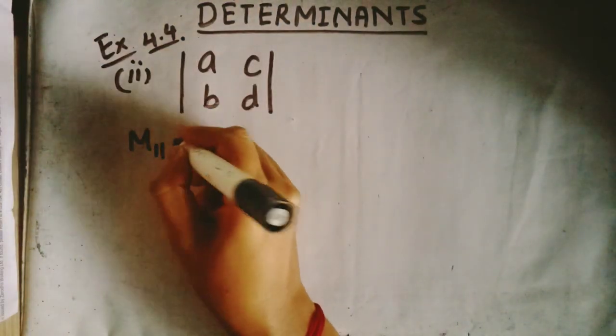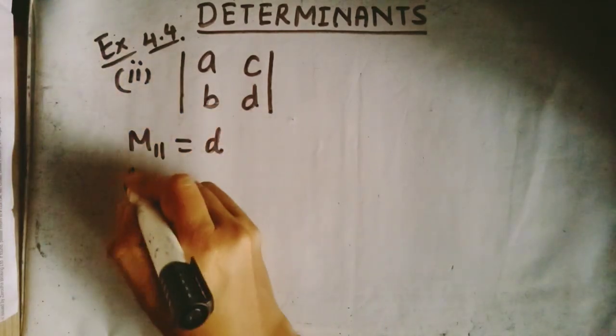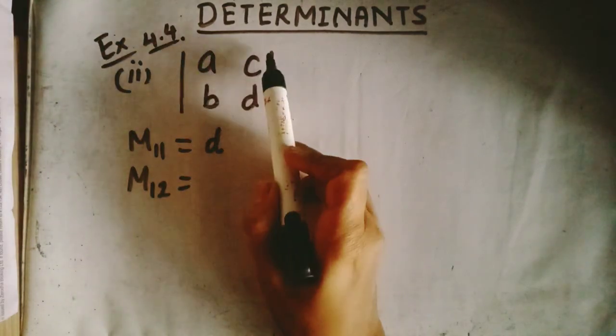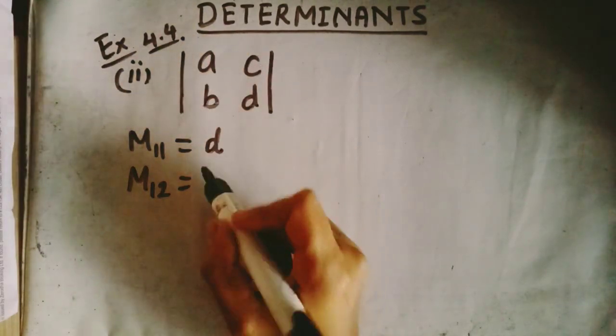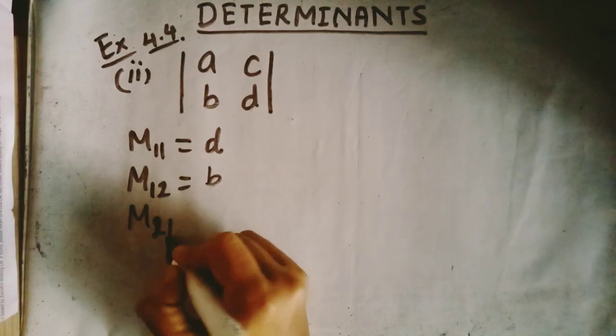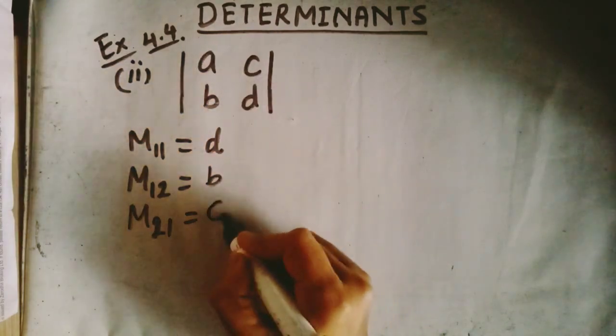So minor M11 will be D, then minor M12, you have to strike out this row, this column, so B, minor M21, strike out this column, this row, so C, and